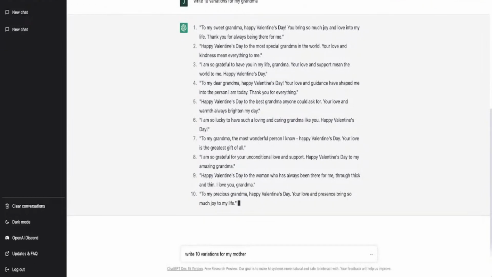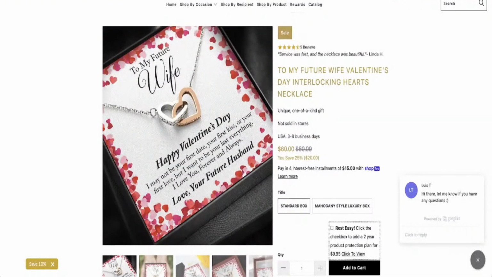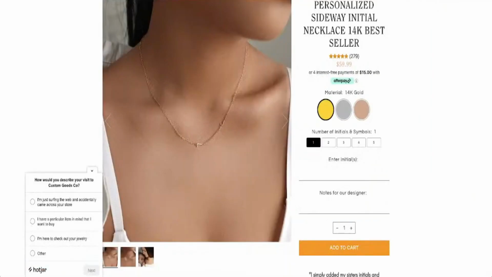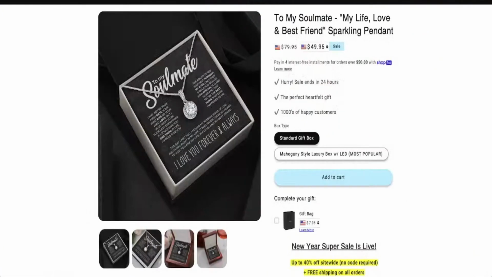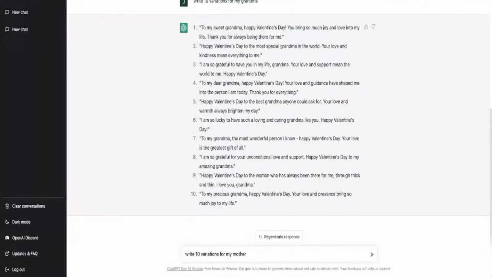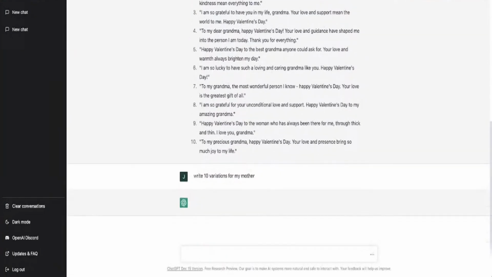I mean, these are so good. So good. Oh, it's hanging on the last bit. But yeah, use ChatGPT, guys, especially if you were going to use this type of method, if you wanted to test different angles. Within 5 minutes, I have like 20 different texts that I could try out just using ChatGPT. And if you want to do 10 variations for your mother,